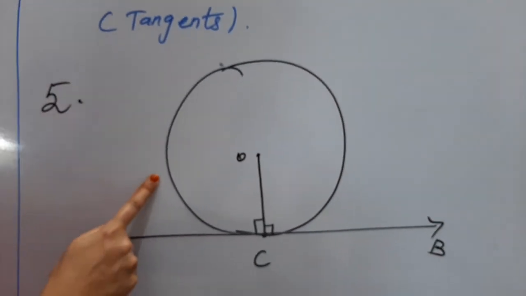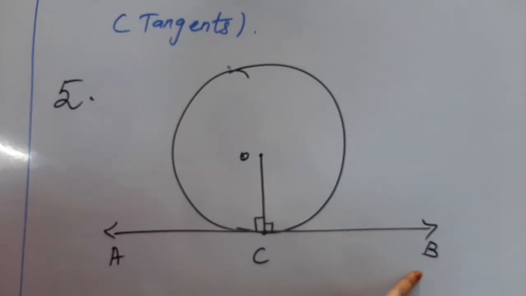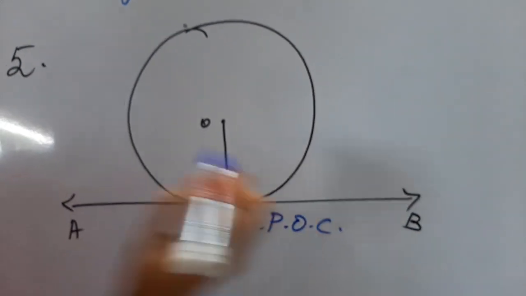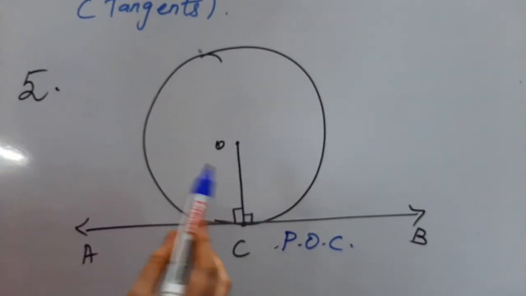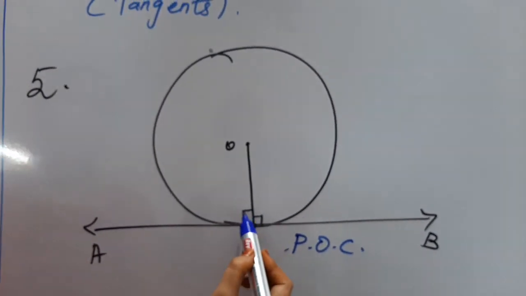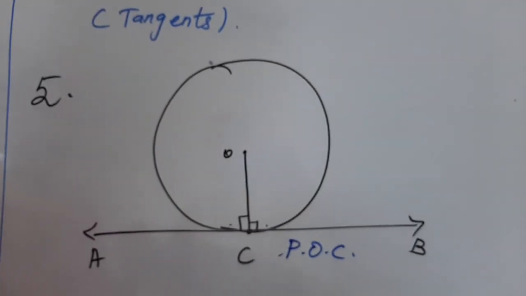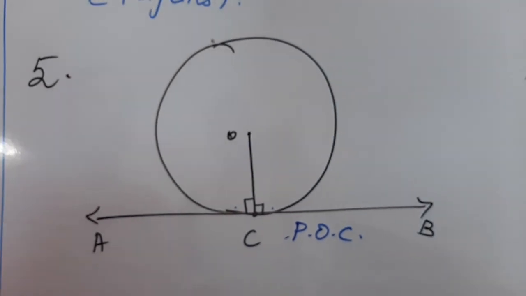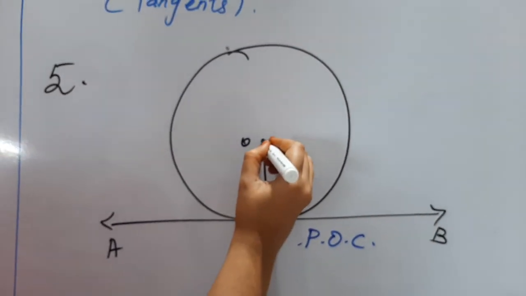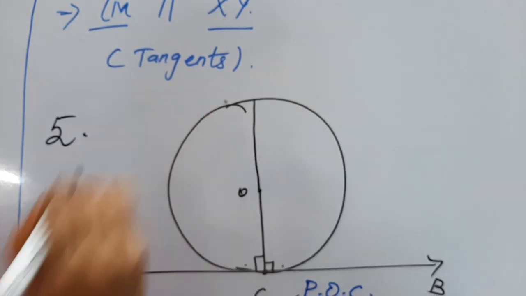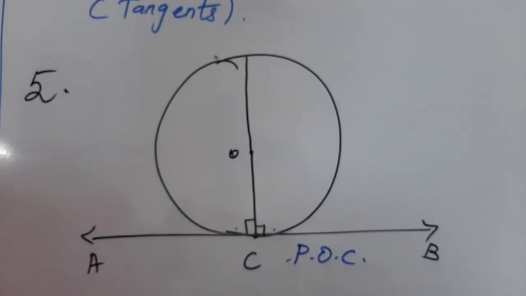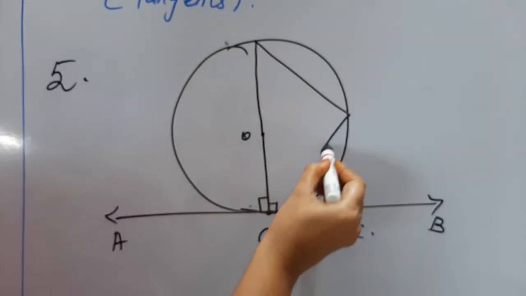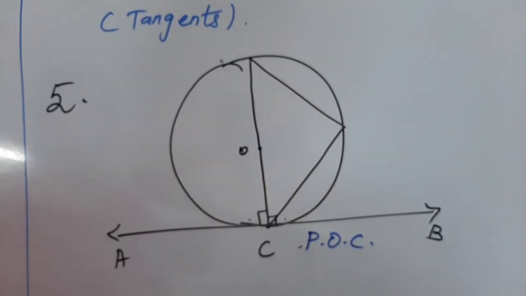Check your circle. AB is the tangent. Then what is C? C is the point of contact. I have drawn a perpendicular to the point of contact, so on either side it makes the angle 90 degrees. Now to prove the sum, what I am going to do is extend this perpendicular to the other end of your circle. And then I am going to construct a triangle in one segment.